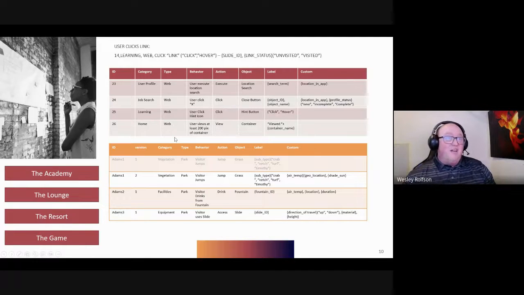Afterwards, they figure out that they need more data about those. They like that people are jumping. They want to know more. So the best way of handling that is actually to build version control into your template early on. Like, what version of this event is it? Rather than building a whole new event, you can just create a version and say, now this is Adams 1 version 2. And while older interactions won't have this new data,